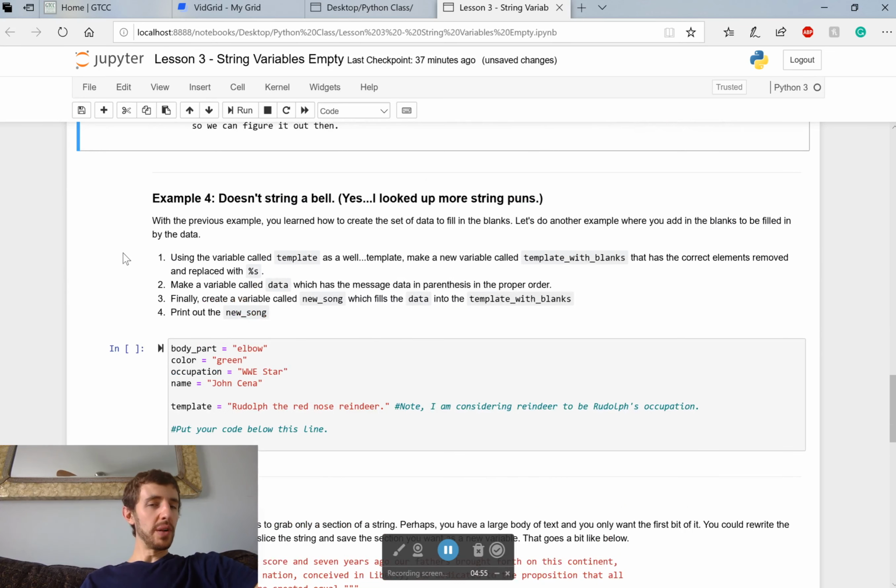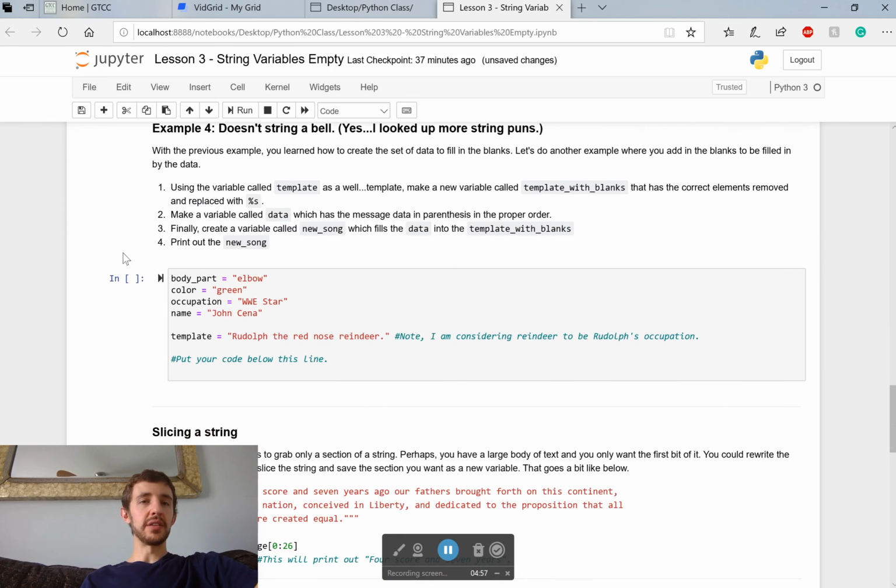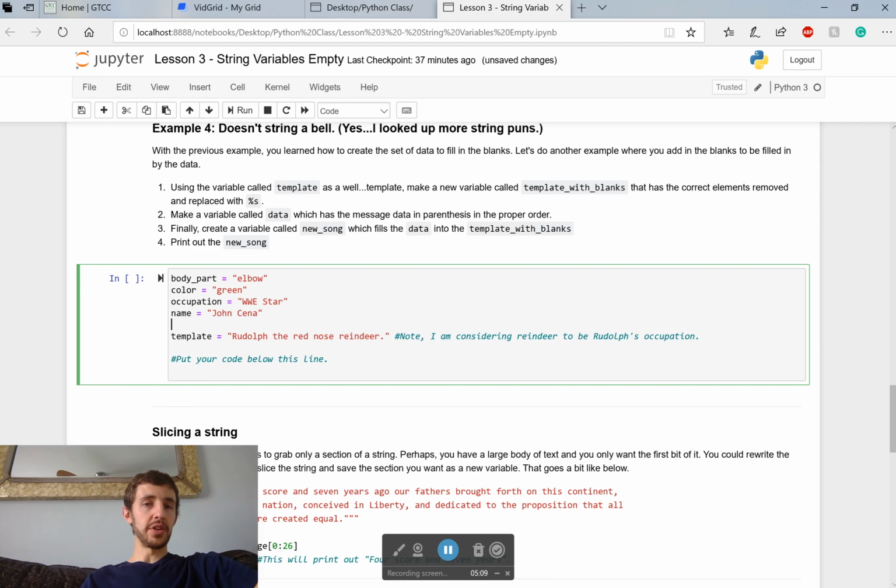Okay, we'll do one more, and I'll stop here because we have more things to do, and I don't want to get too long. So the last thing we're going to do is I'm going to make you actually create that template that we were using before. So I have a phrase right here, and you're going to make a template using that. And we're going to call that template with blanks. So template with blanks is equal to,